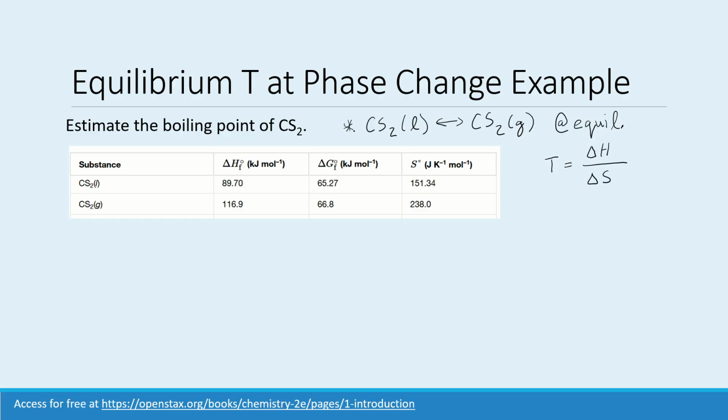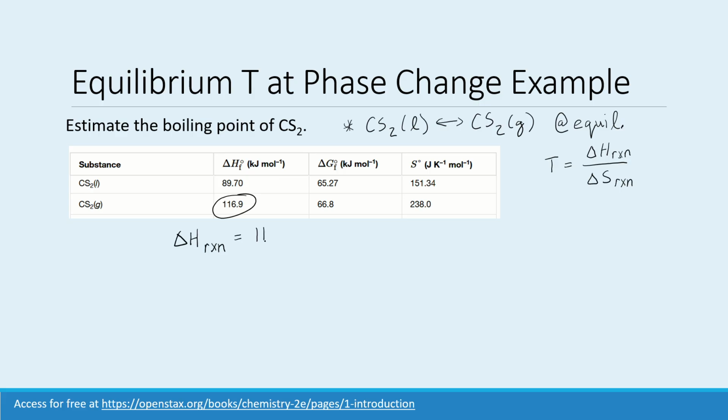And so we're going to need to calculate delta H of this reaction that we have divided by the delta S of that reaction. Okay, and so we've done this previously, where if you calculate delta H of a reaction using the enthalpy of formation values, it's going to be products minus reactants. So we're going to take